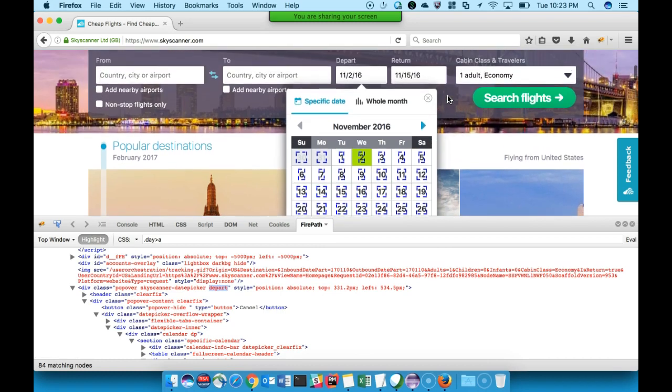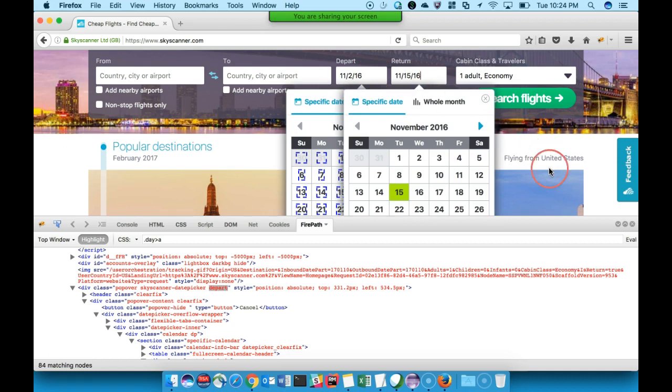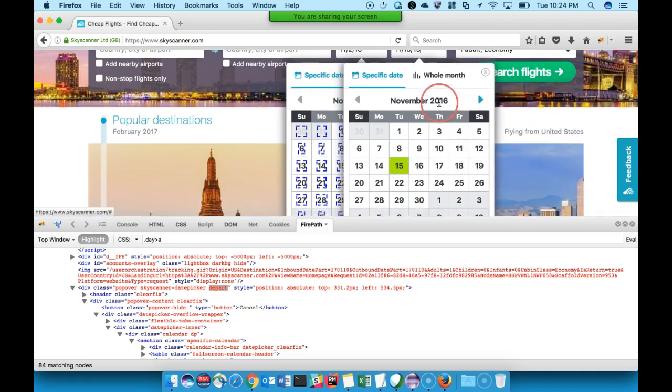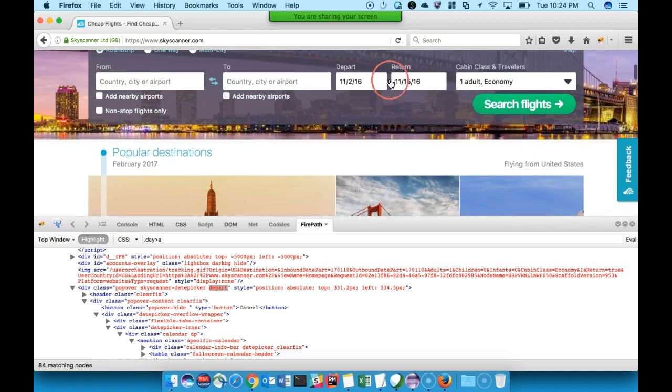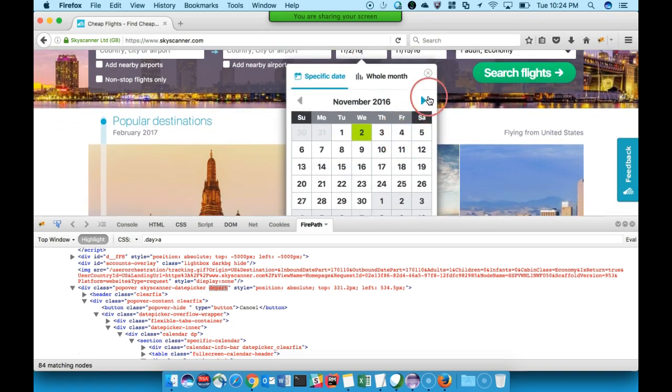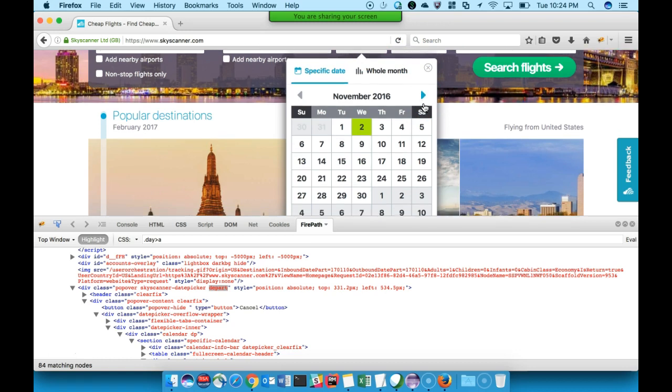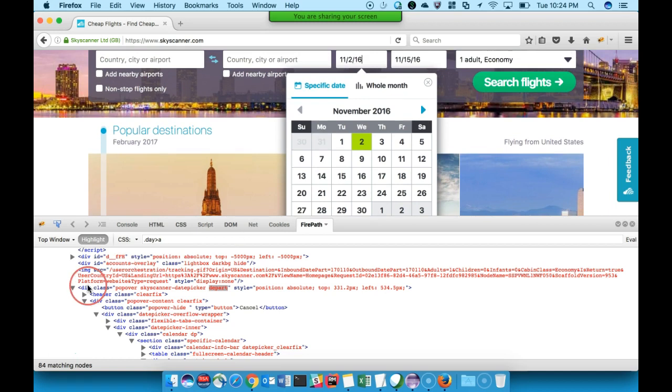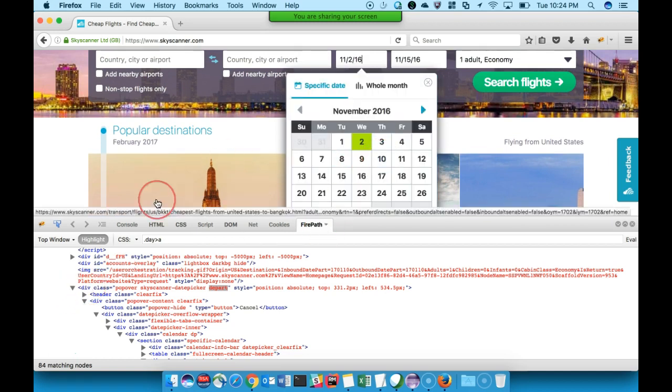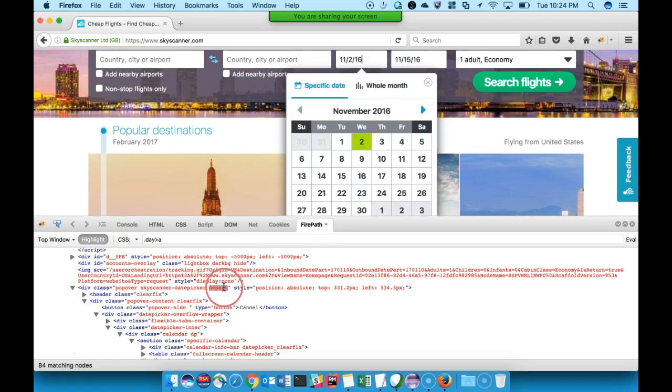Why? Because if you observe, for both of the things, depart and return, there are the same date pickers. Now in order to automate one date picker, for example, I want to get the locators of this button. Both of the date pickers have the same button, with exact same properties also. So in order to distinguish when we create the locators, in this case and in many cases, it's very important to find that super parent which distinguishes the two date pickers.